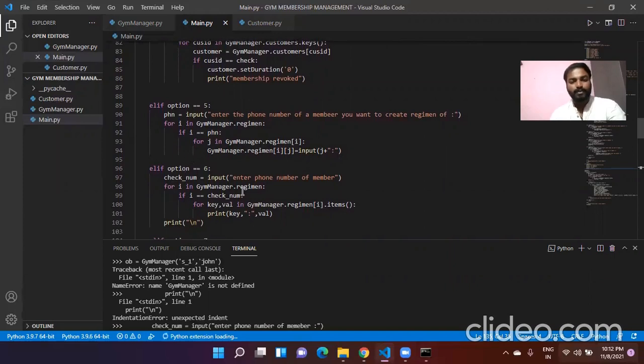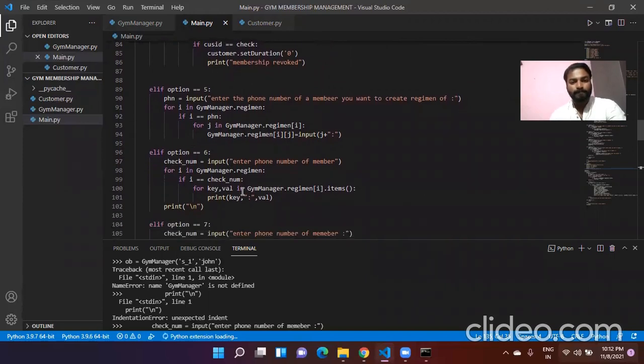Option 6 will show the regimen. For this I use the for loop to access the data from regimen manager dot regimen, and I use condition statements like if I equals the phone number, if the input was given, this will show equals to input, and this will work as a for loop, and I created a for loop again.